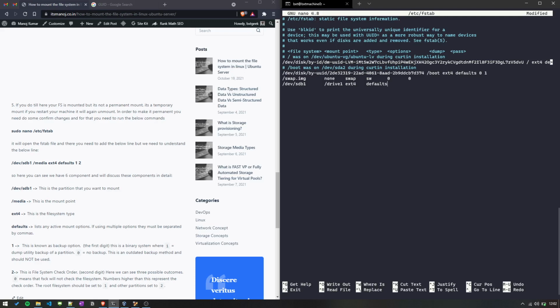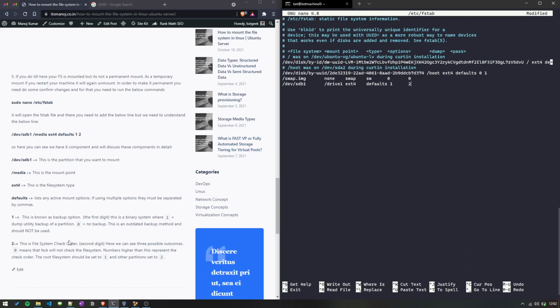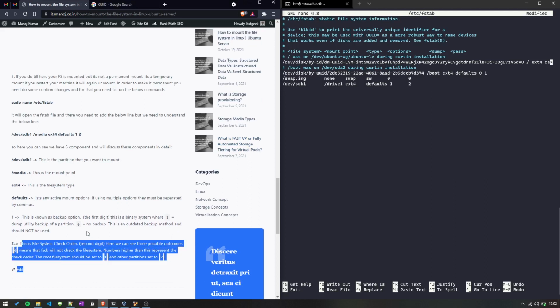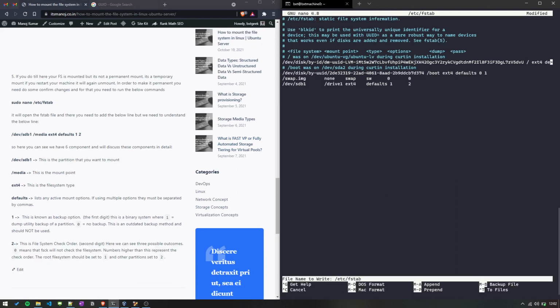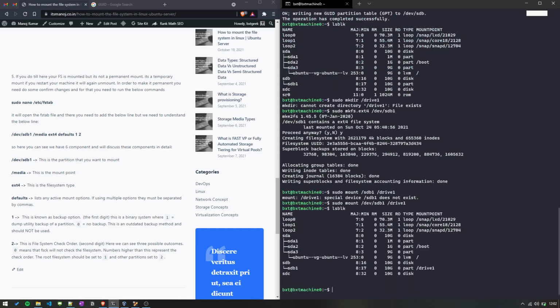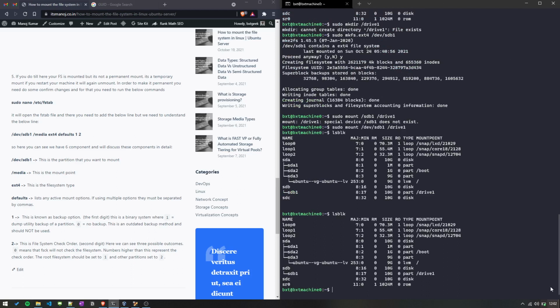For the backup option we'll set 1, and for the file check option we'll set 2. If you want to learn more about these things, you can check out my article. I already wrote an article about that. Once done, we'll press Ctrl+X, yes, and okay. So now it's permanently mounted in this folder.